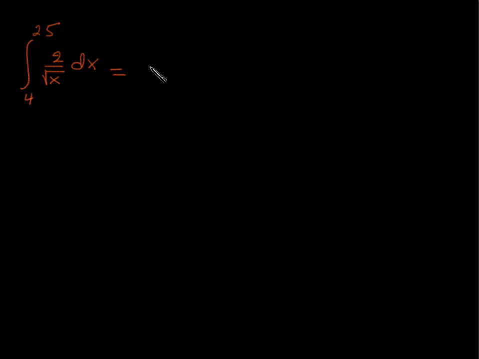Well, even before I find a specific antiderivative, let's just take that 2 out and look at this as 2 times the integral from 4 to 25 of 1 upon the square root of x dx. And we know we can use the power rules and come up with an antiderivative of 1 upon the square root of x. That's like x to the negative 1/2. And so I can write